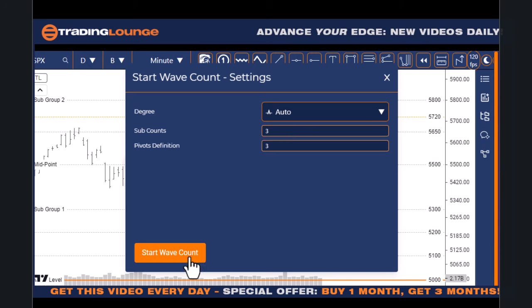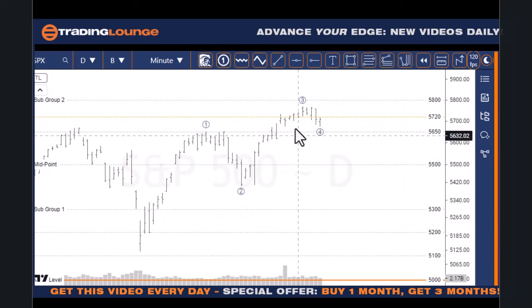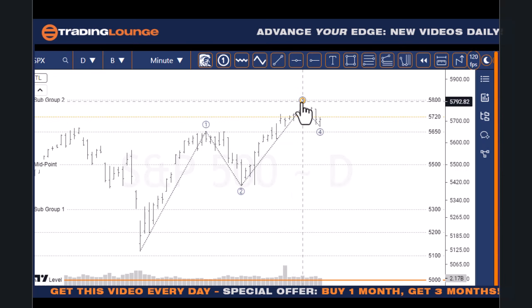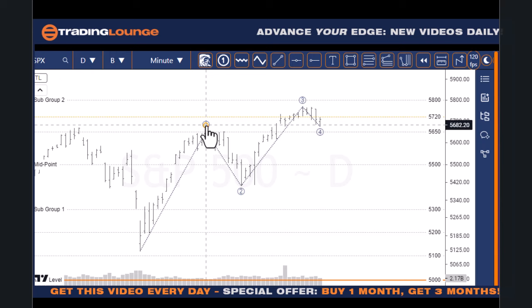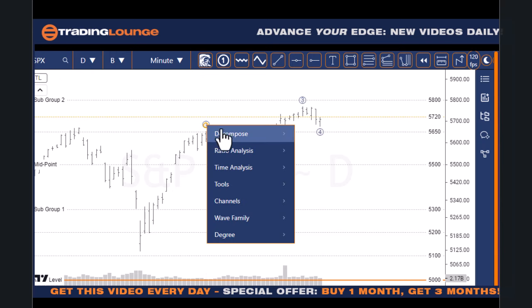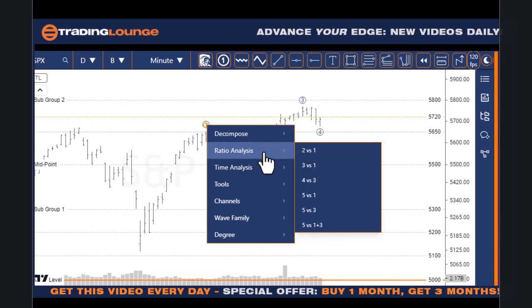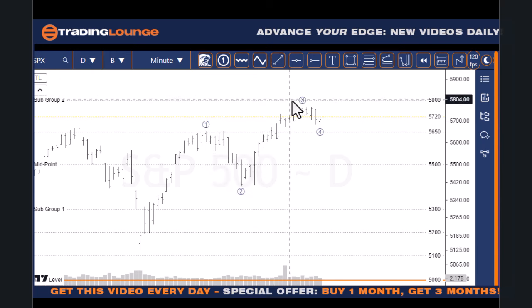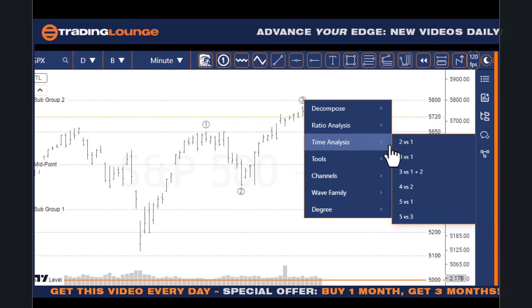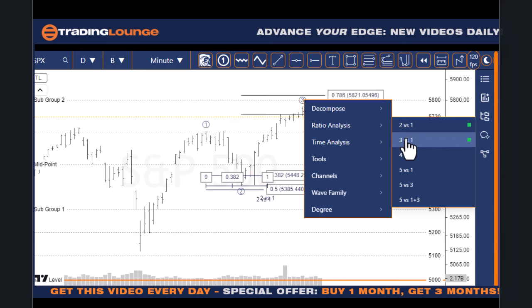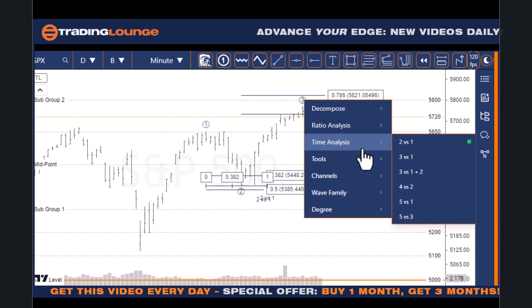You can do your adjusting here if you would like. So it's labeling it here in this case. You can adjust the labeling in here as well. You can also right click on here. You can decompose these particular structures. If I go to this one here, perhaps if I wanted to have a look at how far wave 2 would pull back in terms of, well, time analysis, also ratio as well. So if I was looking for the top of wave 3, I can put that in there, and all the rest of them here. There's all sorts of